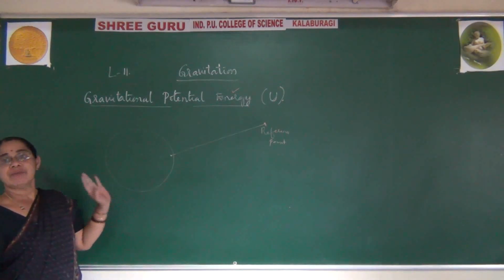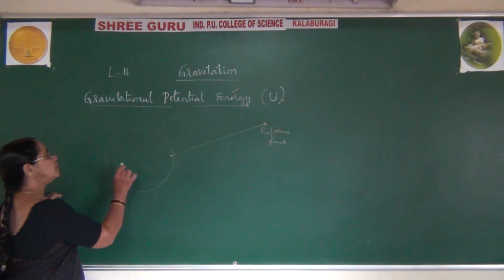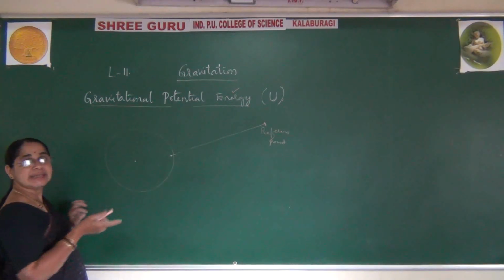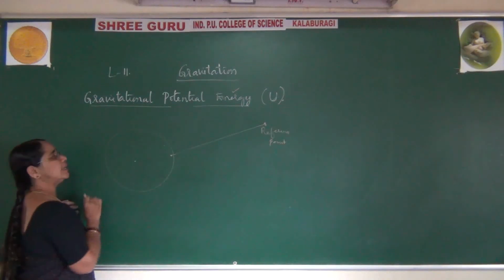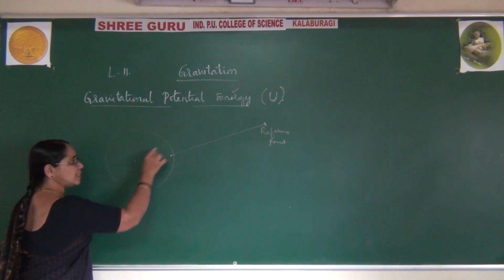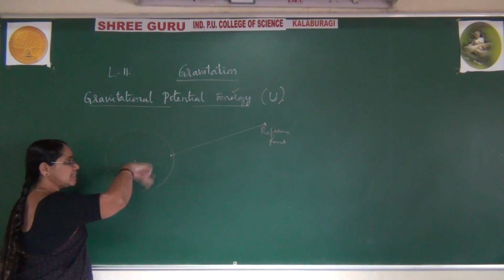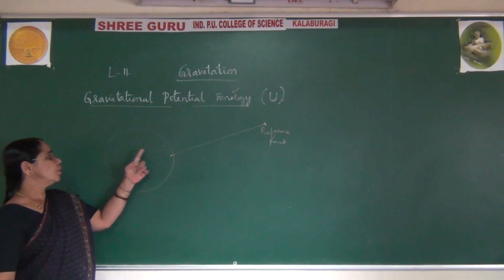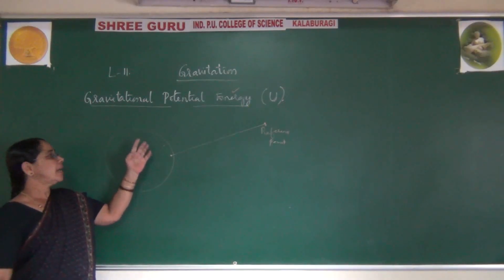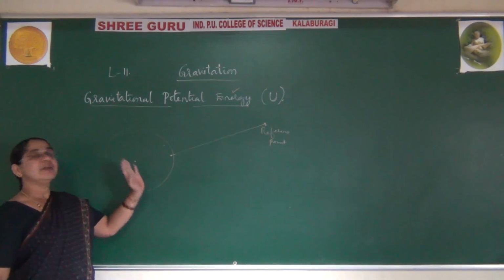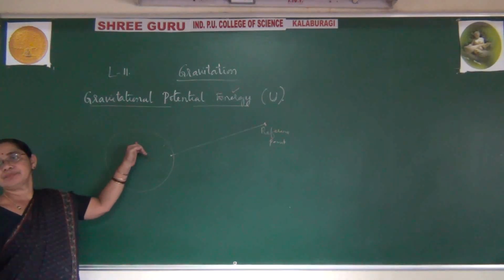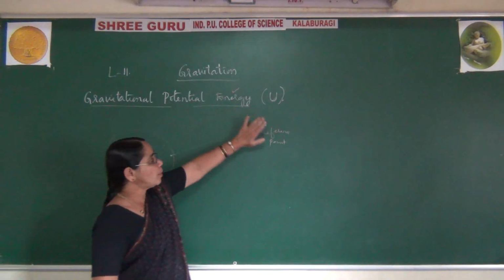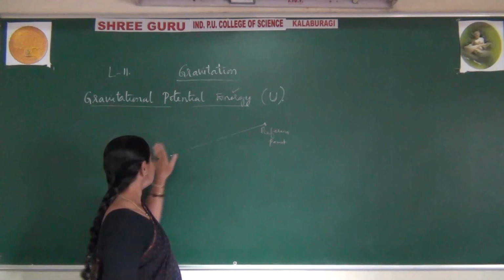What is this? This is the field. When do you say this is a field? If the object has some mass and it has a sphere of influence, and if another body is here, naturally there exists a gravitational pull between them. There is a force of attraction between them. Inside the field there will be a force of attraction, and that is called the gravitational field. So somewhere the object is here. We are bringing the object to here.